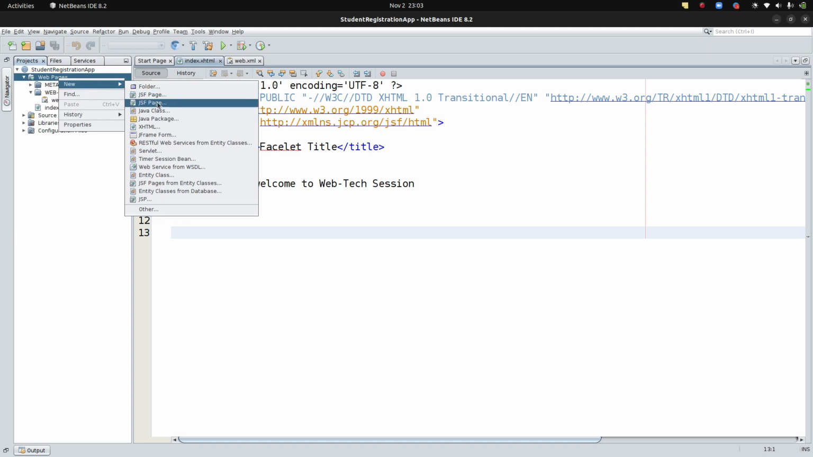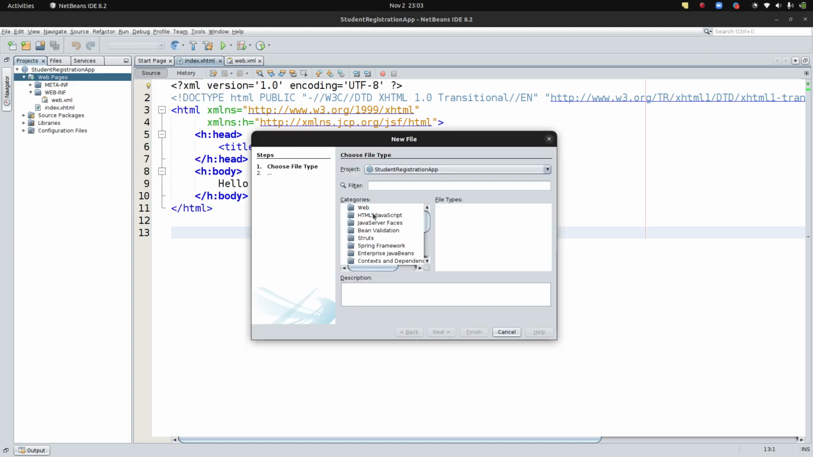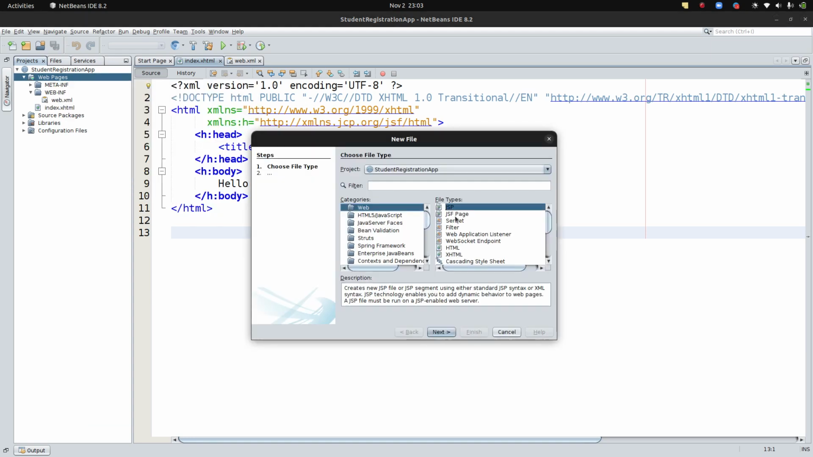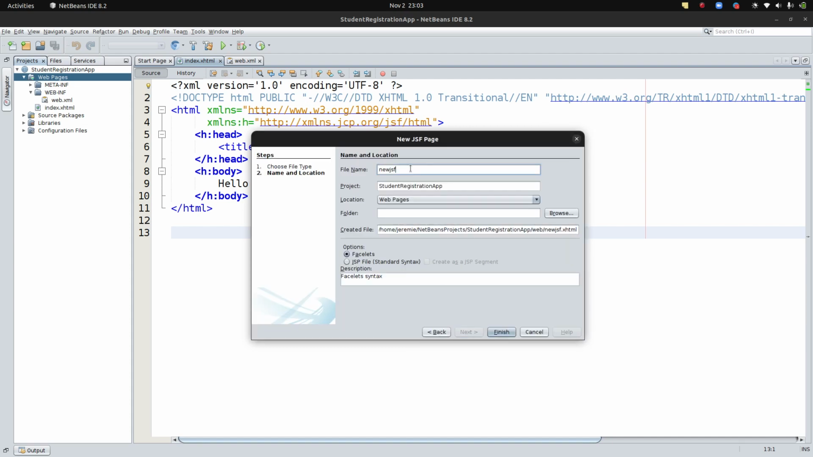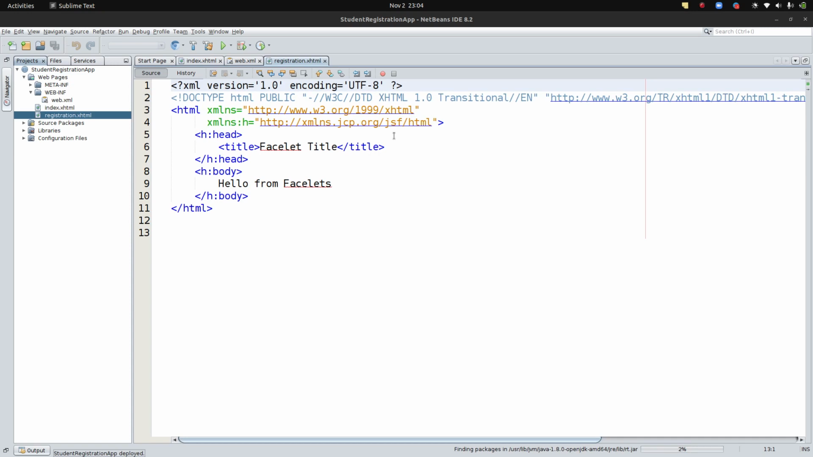If you are not able to view the JSF page, come here under Other, you go to Web. Under Web, you can see we have JSF page. Then click next, and then put the name you wish for this JSF. Let us call it registration, nothing else, then hit finish. So this one is going to generate these things by default. We can say this one is going to be registration